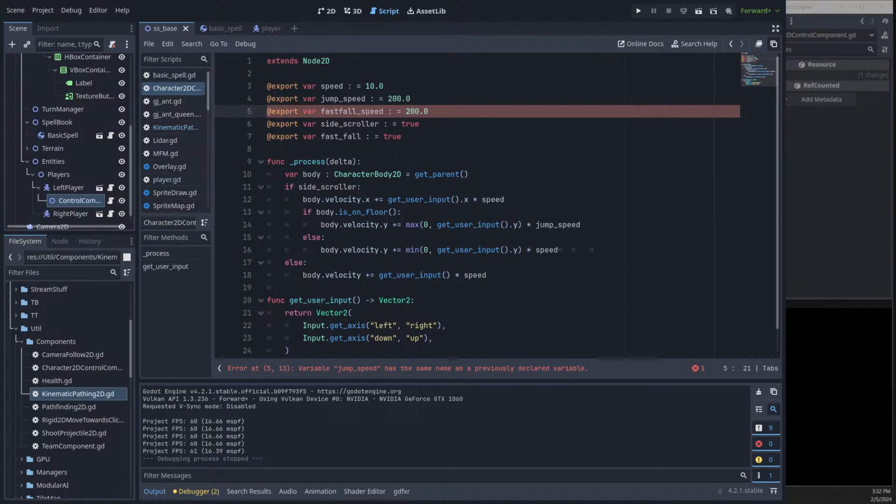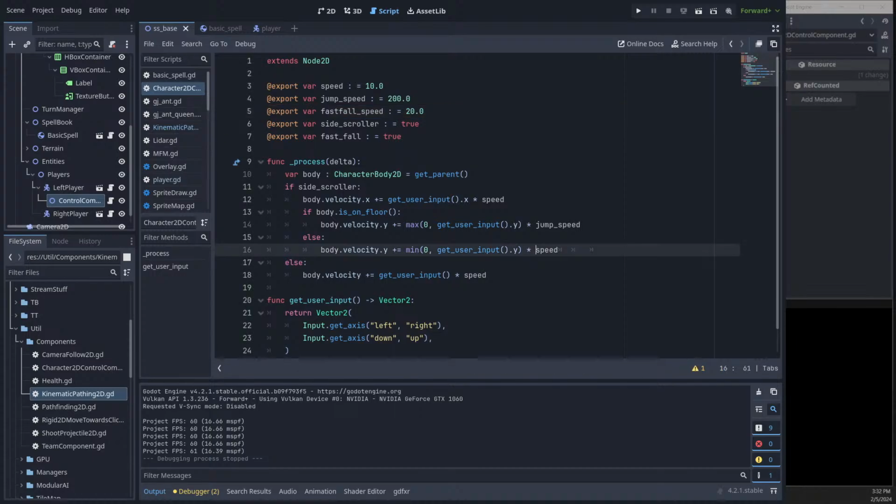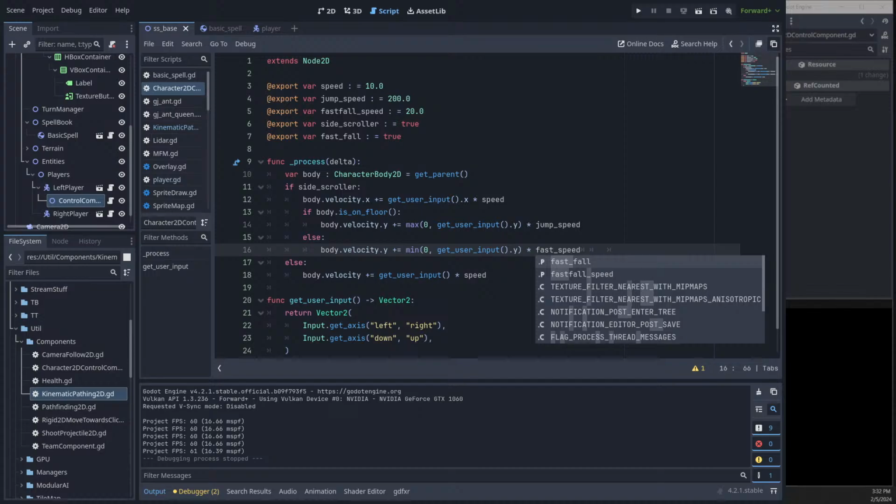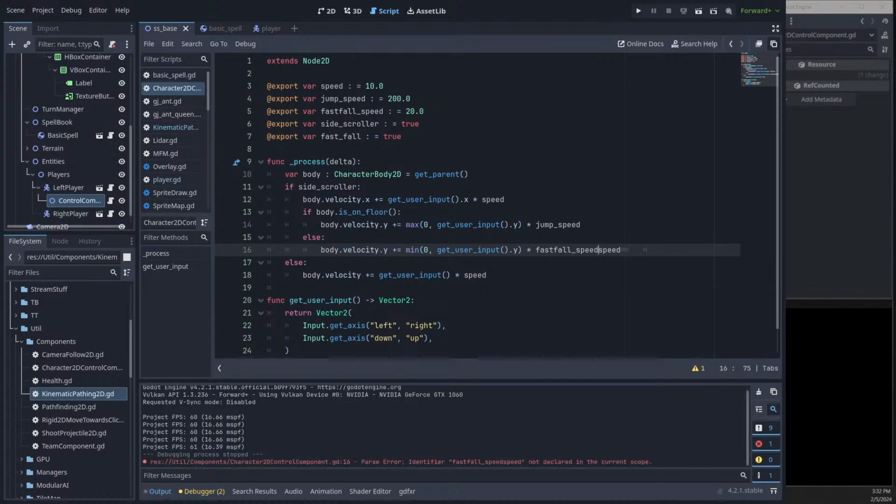Fast fall speed, and we're going to set that to 20. Okay, so all this being said, I should be able to jump